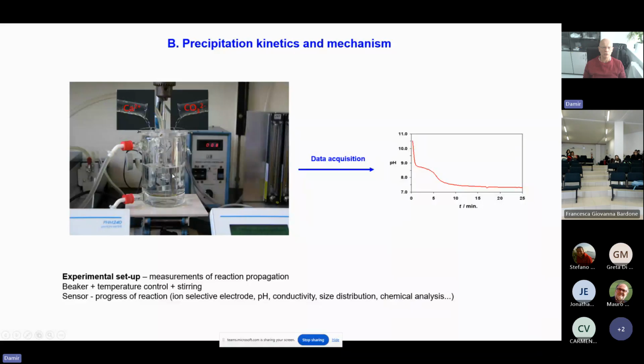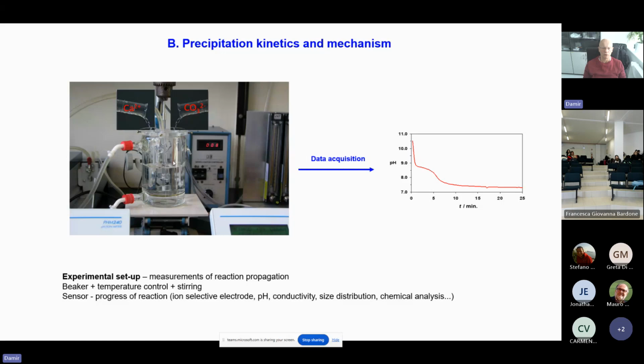The precipitation is actually started by pouring. Here you see the example of calcium carbonate precipitation. I mix some calcium solution and carbonate solution. And finally, you have to follow what is called the kinetics of the process by some suitable measurement units, some suitable